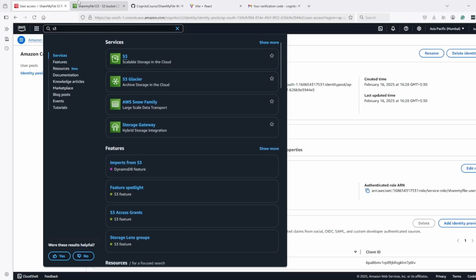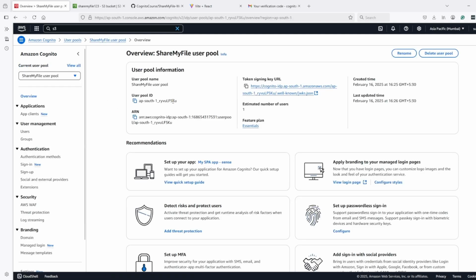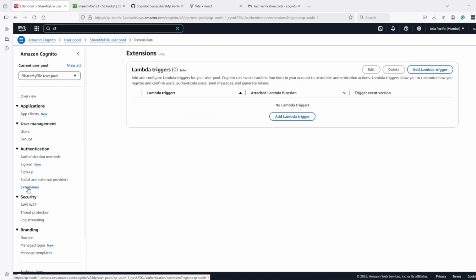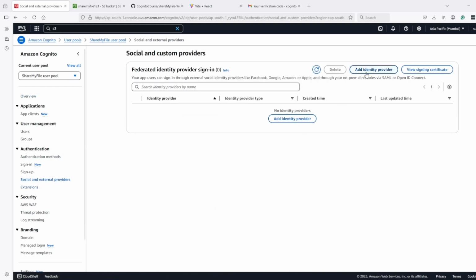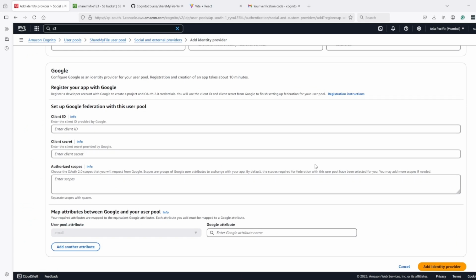So let's go to user pool and the ShareMyFiles user pool. Under extensions, or under social and external providers, we can see identity providers, and here we have Google. Now we need to configure an OAuth client from the Google side and get these details. So let's go to